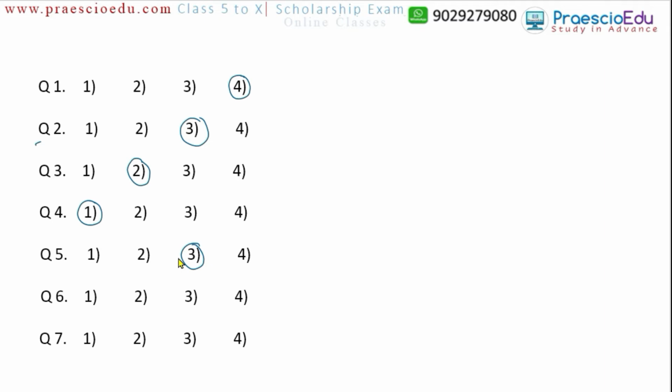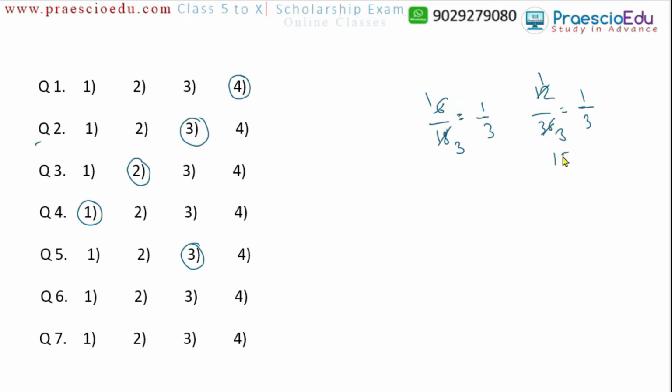Now question number 6: 6 by 18, then 12 by 36, 15 by 60 and 1 by 3. In this one, 6 by 18 means 6 ones are 6 and 6 threes are 18, so it is equivalent to 1 by 3. After that, 12 by 36 means 12 ones and 12 threes, so we can say the equivalent fraction is 1 by 3, or the reduced fraction. It means take out all the common factors, and at the end we get the equivalent fraction, or reduced fraction.